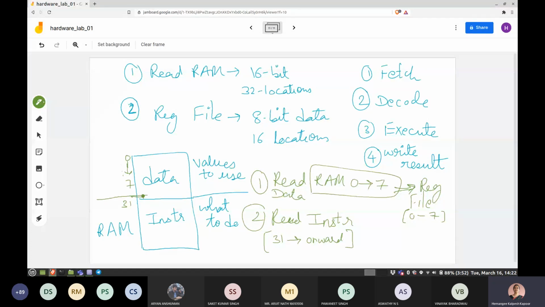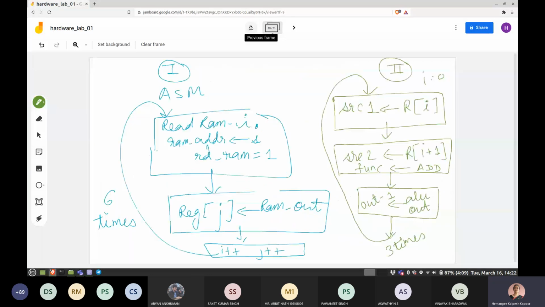Subsequently, I'm going back to your previous slide. Here the blue one is previous week's ASM where I'm reading the RAM and writing it to the register. You have to repeat this blue part. And the green part changes here. What happened in the green part in the previous week? I was having source 1 and source 2, that is the data was coming from 2 registers. I was adding them and sending the output to the console. Today I am not going to do the green part, it will change.